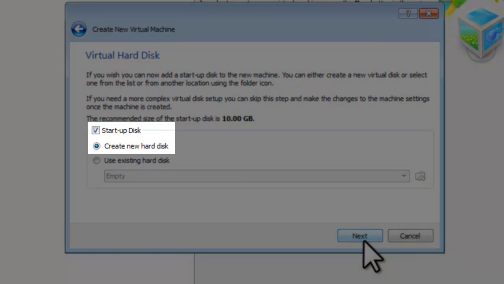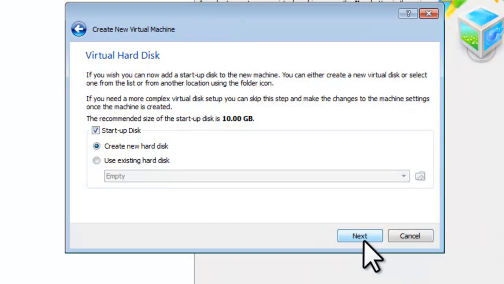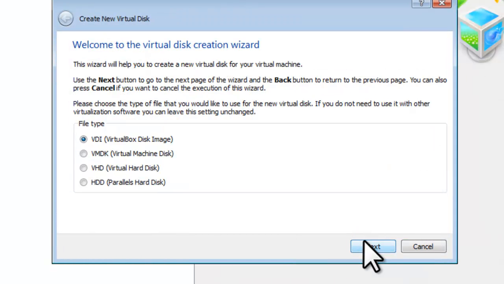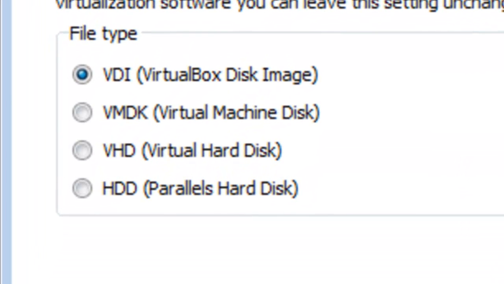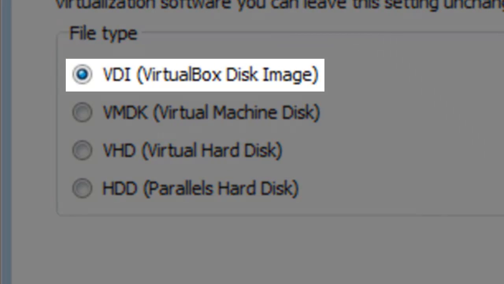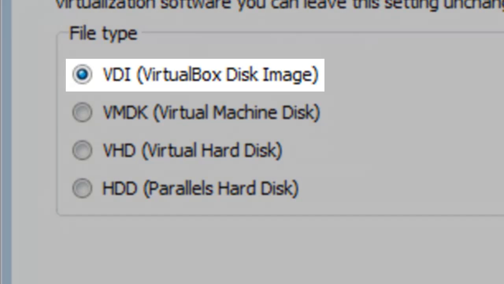On the virtual hard disk screen, ensure that Startup Disk is checked and Create New Hard Drive is selected. Then click the Next button. The Welcome to the Virtual Disk Creation Wizard screen will open. This is where we need to select the type of file the virtual disk will be saved as. The default type is VDI, or VirtualBox Disk Image.